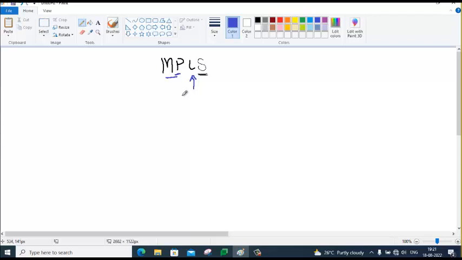Overlay means segments. Segments mean tunnel. All are same. To achieve this, we have an option with MPLS. That's why we need to learn MPLS.